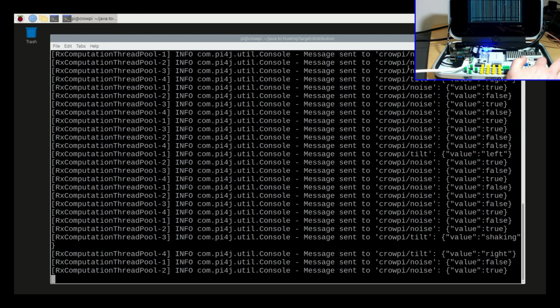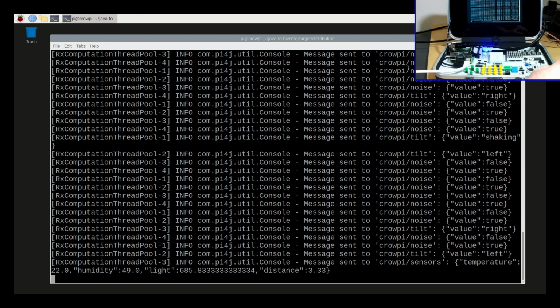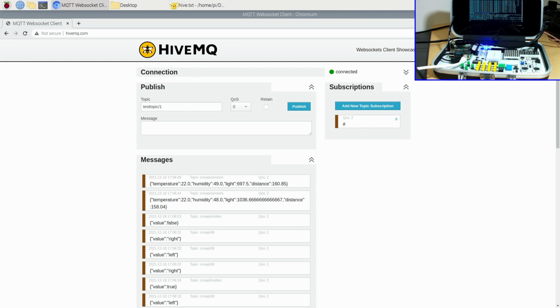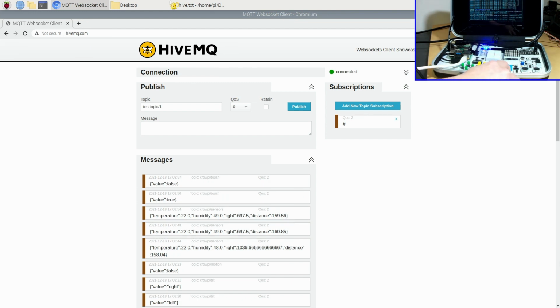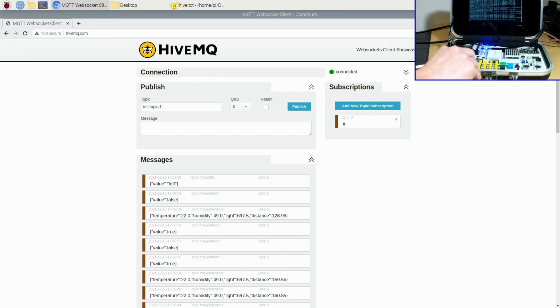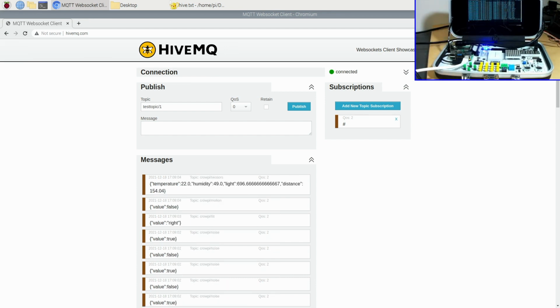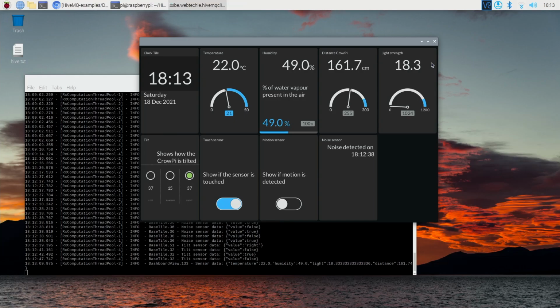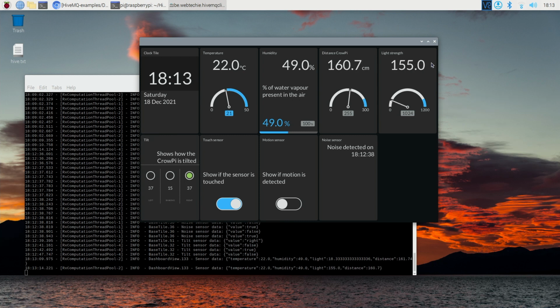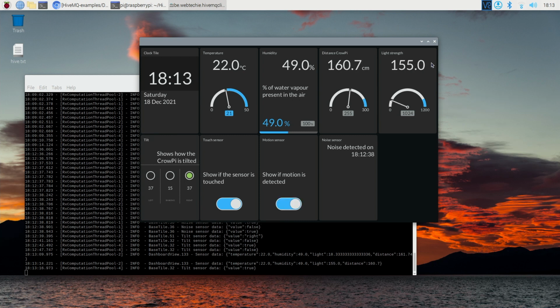On the other hand, I want to test if this data comes in, and then you can use a WebSocket test page, also provided by HiveMQ Cloud, where you can see all these values coming in. So you see that this data, which is being transmitted by the Raspberry Pi, is actually received somewhere on the internet in this broker. And now the fun part, you can read from another Raspberry Pi. You can use another Raspberry Pi to read from this MQTT broker and visualize the messages or the data which